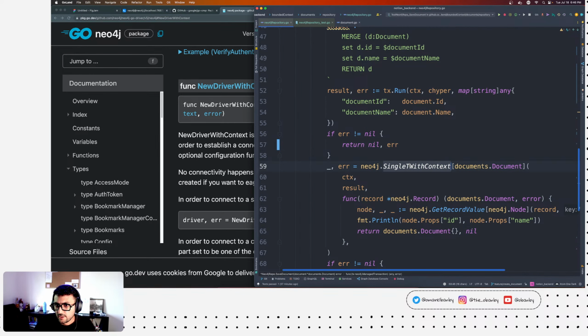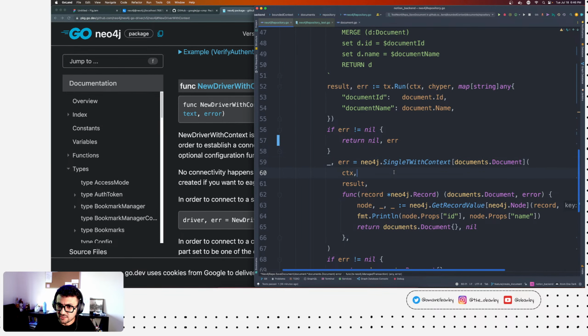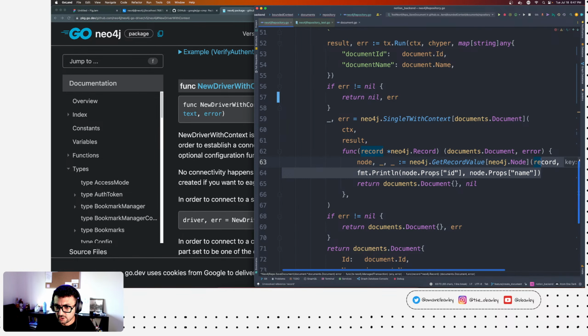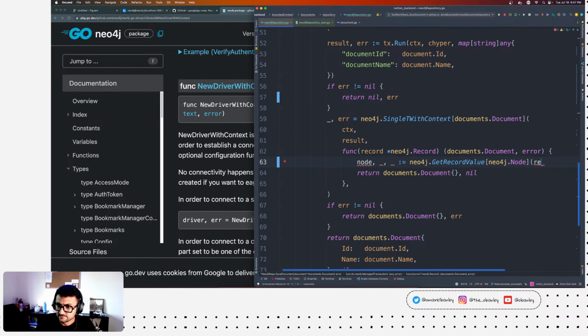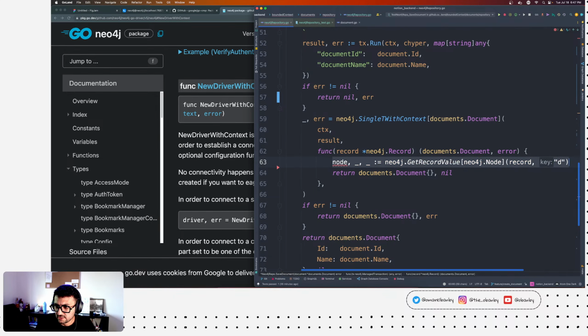Also, I'm collecting the node, but I'm not really doing anything with it. Well, I guess we need to check the result. So we need to collect it, and if there's an error, we'll return it. Oh, sorry, we don't really need this. So we just need to make sure that the node is actually being returned.